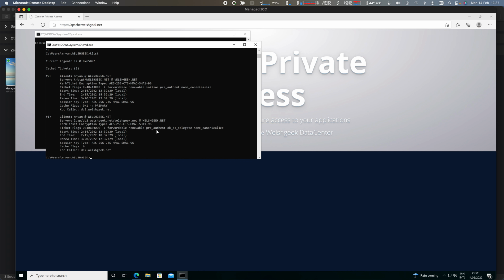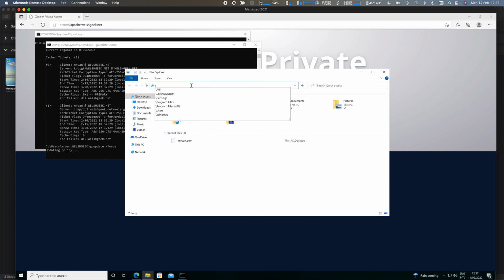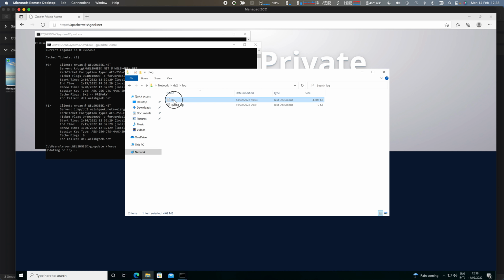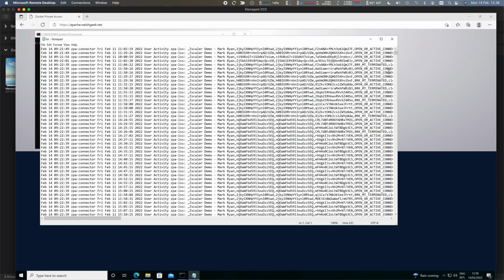Kerberos ticketing is working, so I'm able to get my Kerberos tickets from the Active Directory. I can do things like gpupdate to pull down my group policy from Active Directory, and I've got full access to my domain over ZPA. For example, I'm running a log stream, so I can see all of my ZPA logs streamed end to end through the